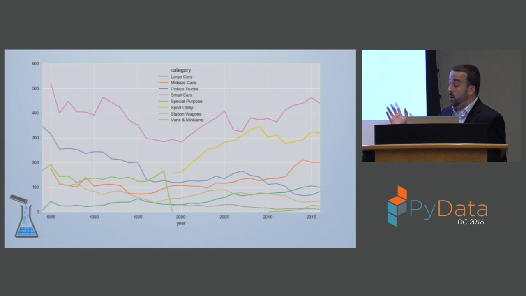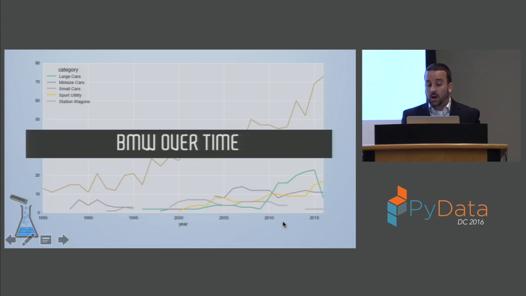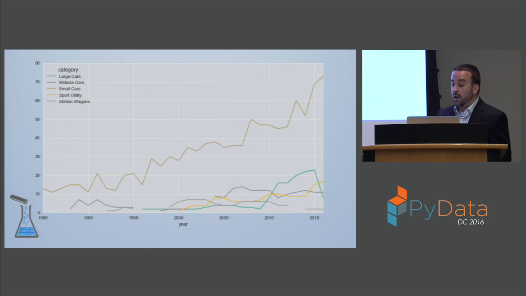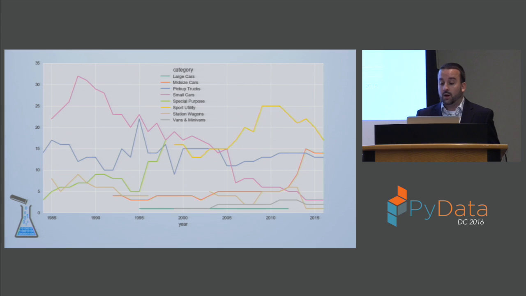And so now from here, if we wanted to, we could zoom in and filter for a specific manufacturer in order to see how their specific strategy has changed over the years. And so here's the same chart for BMW, their vehicle categories over time. And we can see that they started off making a reasonable number of small cars, and then sometime in the late 90s, they made a decision to start increasing the types of small cars that they make. And we can contrast that with a company like Toyota, for example, who started out making a lot of small cars and then made a decision kind of around the same time to start making less and less of them over the years, instead shifting their focus to SUVs and pickup trucks.